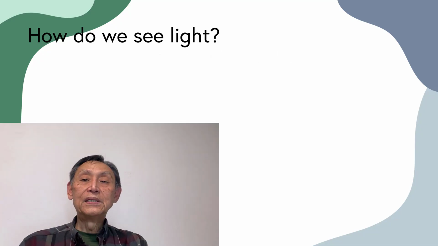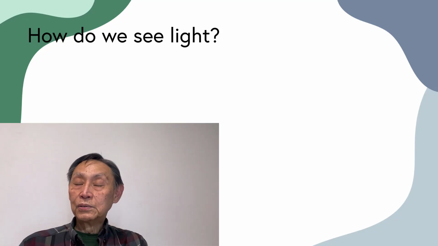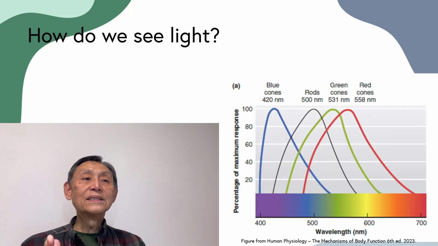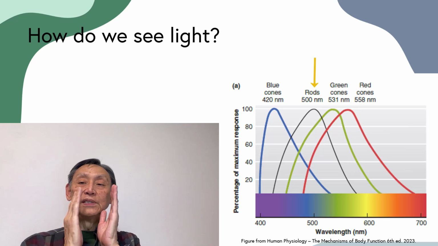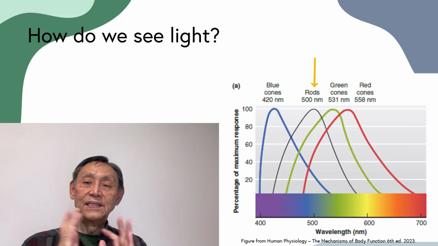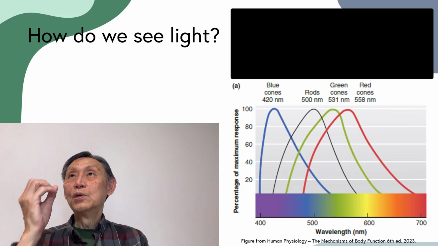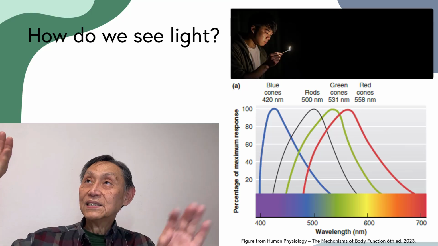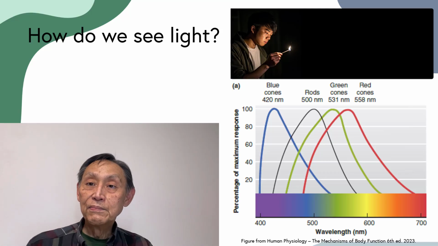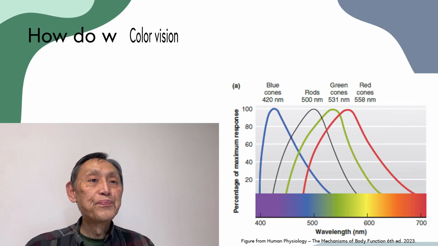Let's discuss a little bit how we see light. That's because the rod cells and cone cells are sensitive to the wavelengths of visible light. The rod cells only respond to 500 nanometer wavelength light. They cannot differentiate between colors, so we say they are black and white cells. They are very sensitive to light. If there's total darkness and someone strikes a match or lights a cigarette, someone can see it from miles away. That's how sensitive our rod cells are during the night.